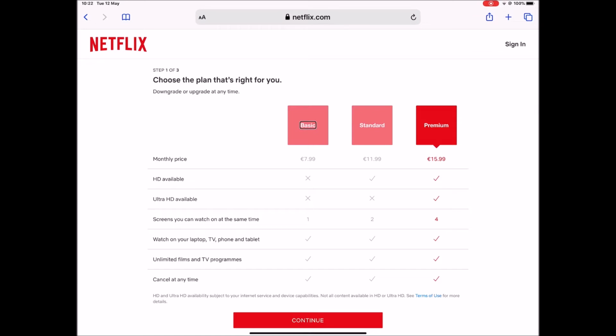Now you can share the one user plan, you know, with other family members. It just means that only one person can watch the platform at a time. So just bear that in mind if you have more family members. All the plans will allow you to watch on your laptop, your TV, your phone, your tablet. So it can carry across many different devices, and all the plans will also give you unlimited access to all the films and TV programs that they have in their library, and all 3 plans allow you to cancel at